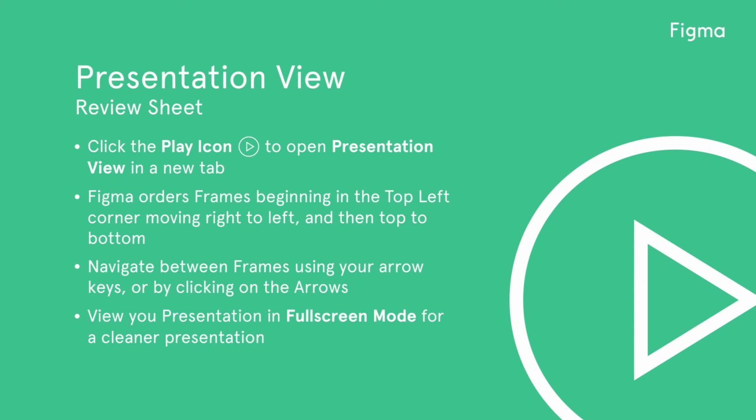Let's review what we've learned today. Click the play icon to open Presentation View in a new tab. Figma orders frames beginning in the top left corner, moving left to right, and then top to bottom. Navigate between frames using your arrow keys or by clicking on the frame or arrows. View your presentation in full screen mode for a cleaner